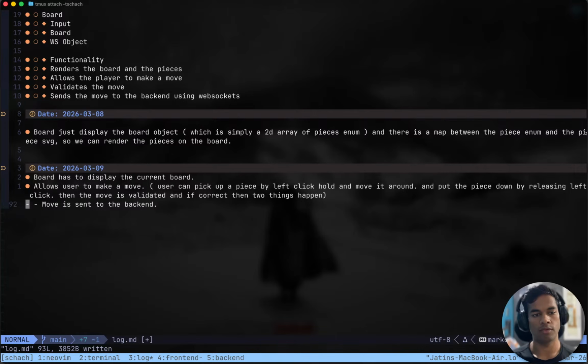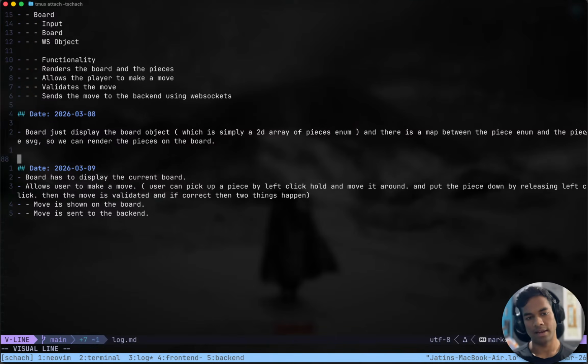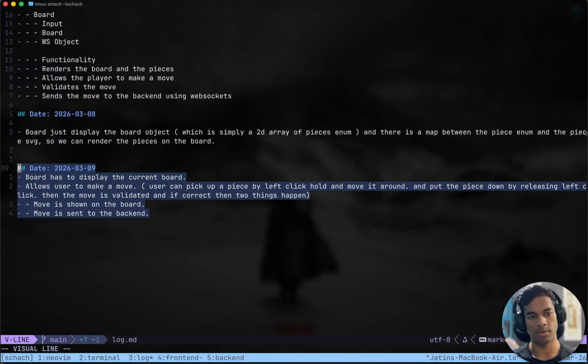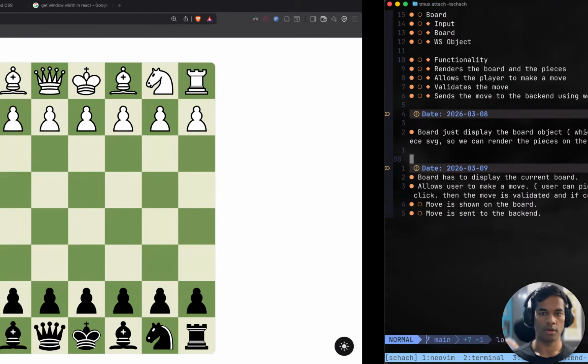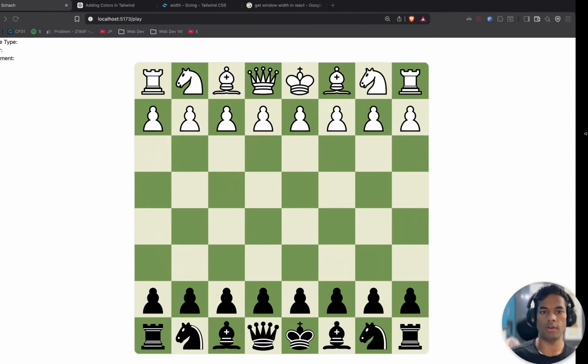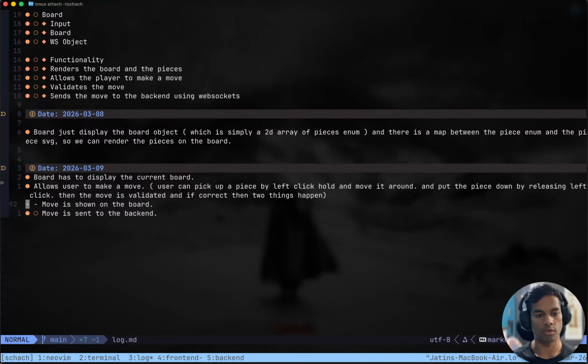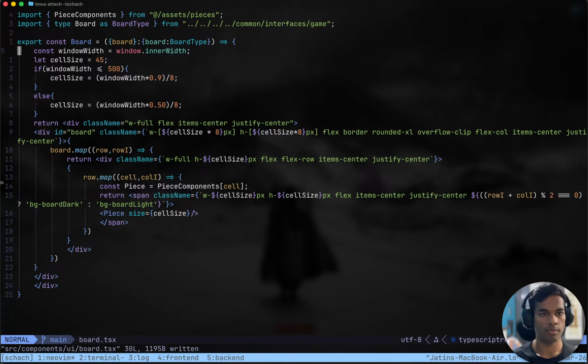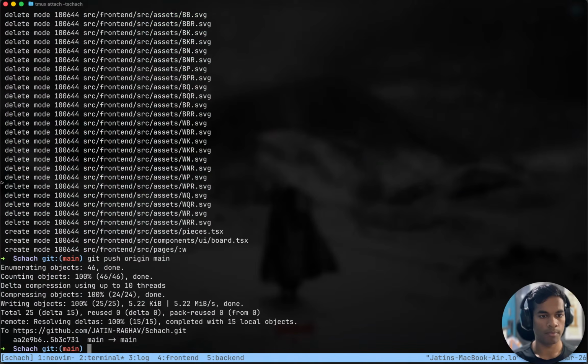I think we can first show the move on the board because the move is valid, so there would not be any problem, and then we can tell the backend what the move was. So these are the two things. For showing the move on the board, we already have the board object, so that is not very difficult. We can just update this.